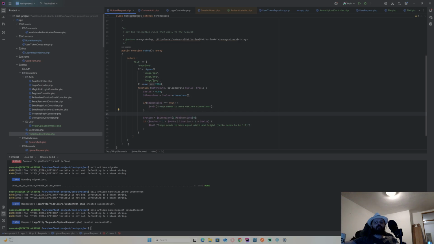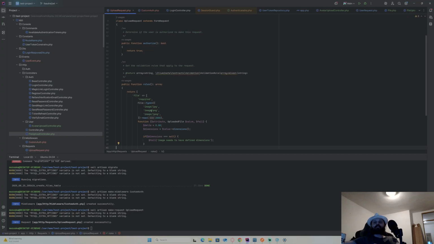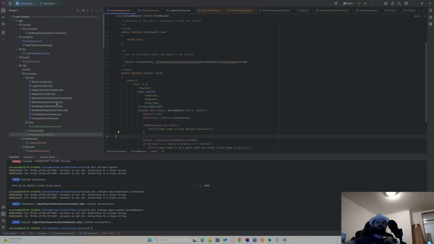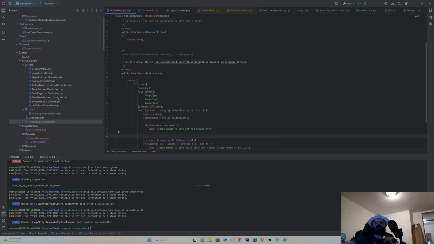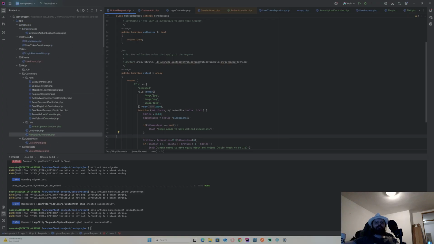This will basically be most of the logic, this and the middleware. So let me just work on this for avatars to begin with. These rules will be another class. Now it will be a constant class. It should be a constant class. I'll put it here in the constants.